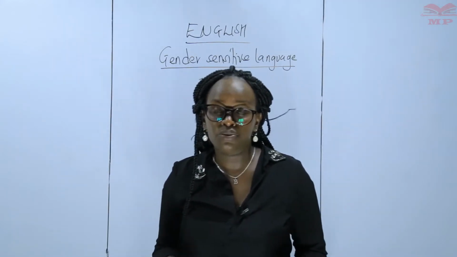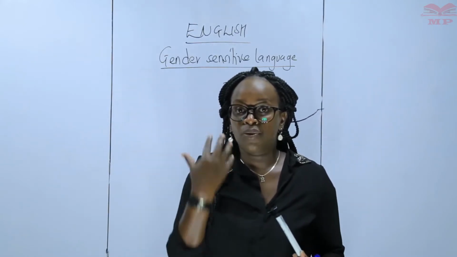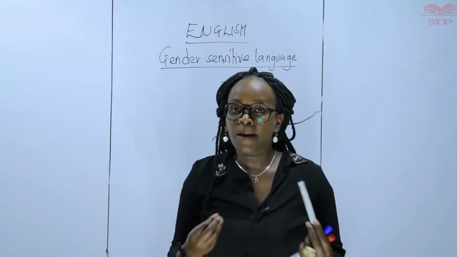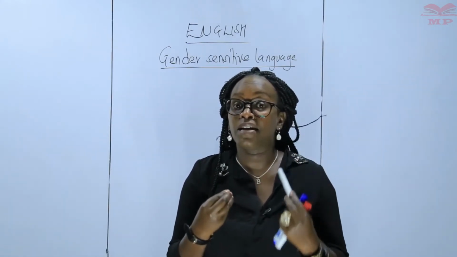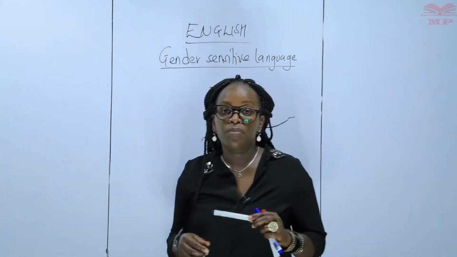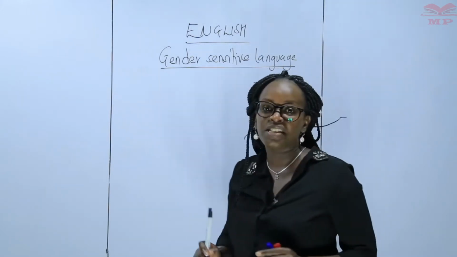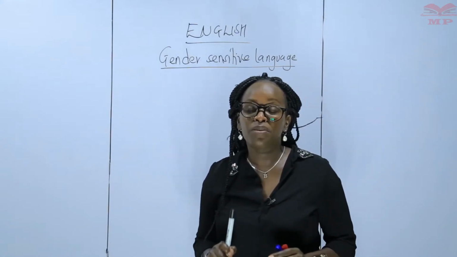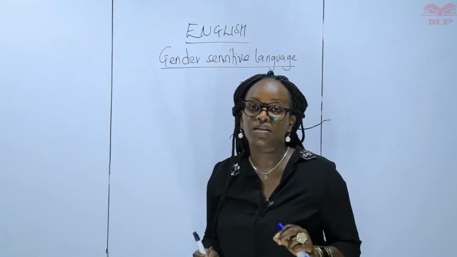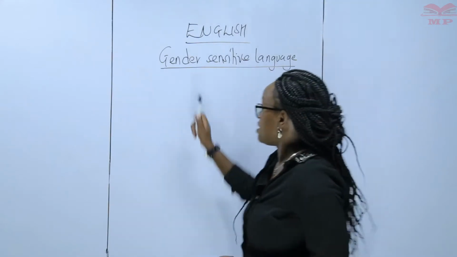Remember that your social life is also important. So you have to learn to communicate effectively, so that as you communicate, you do not end up offending anybody and making them unable to get the message that you're trying to convey. That's why in English, we make it a priority to teach you about etiquette. Now I'm here teaching you about gender sensitive language, so that you can be great communicators in the different aspects of your life. Even when you communicate to your parents, you need to communicate effectively for you to be well understood.